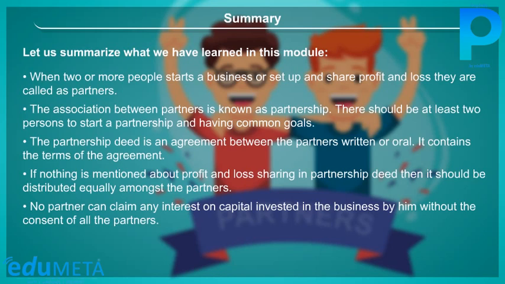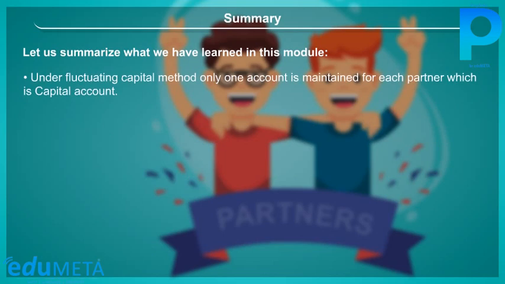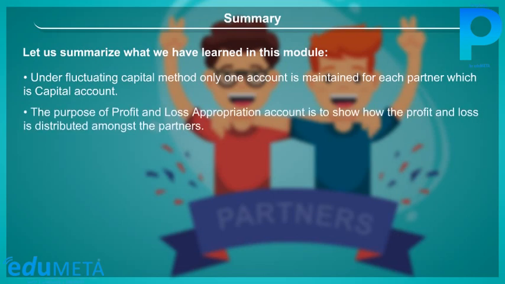In the fixed capital method, the capital of the partners remains fixed until more amount is invested or withdrawn as per the agreement. Under the fluctuating capital method, only one account is maintained for each partner, which is the capital account. The purpose of the profit and loss appropriation account is to show how the profit and loss is distributed amongst the partners. At times,